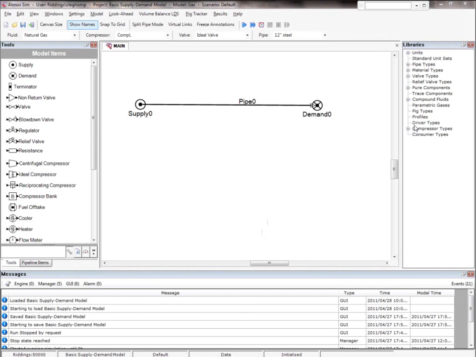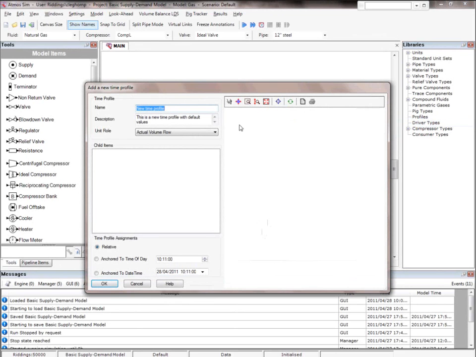We're now going to create our first time profile for our simplistic basic supply demand model. So if you move the mouse over to the libraries window and right hand click on profiles and then add a new profile. I'll put in the description first, and we're going to call this ramp sine ramp constant. Now we're going to change the unit role to be standard volume flow,